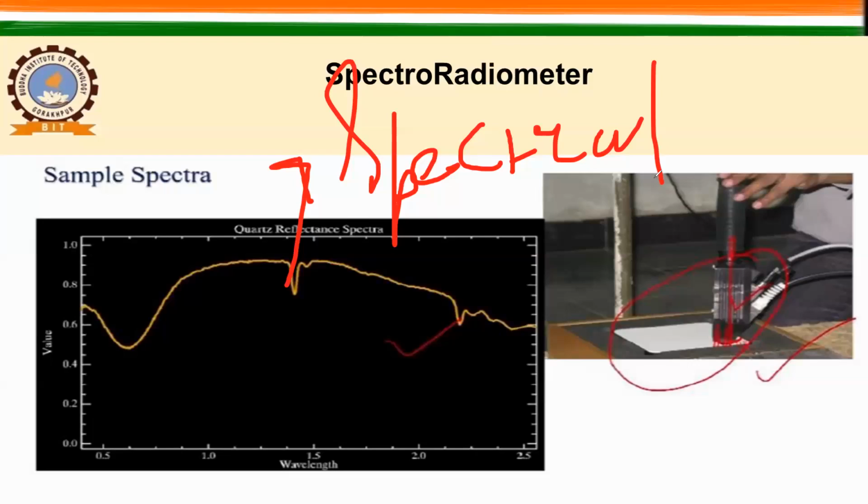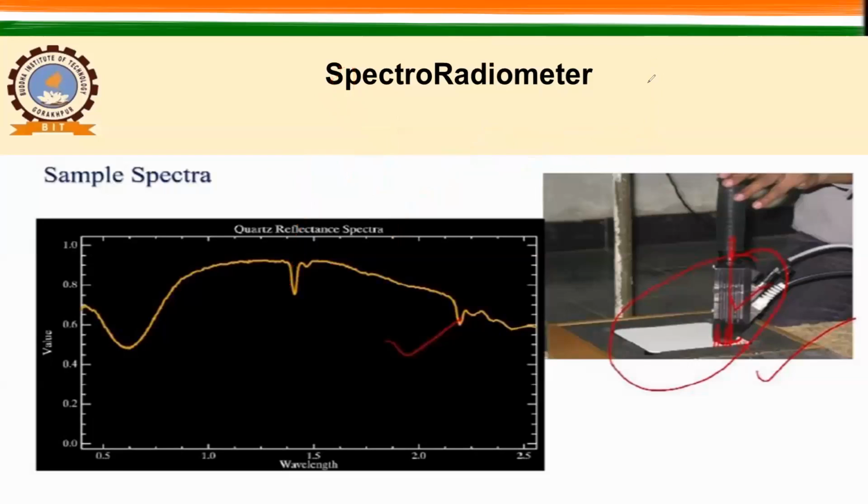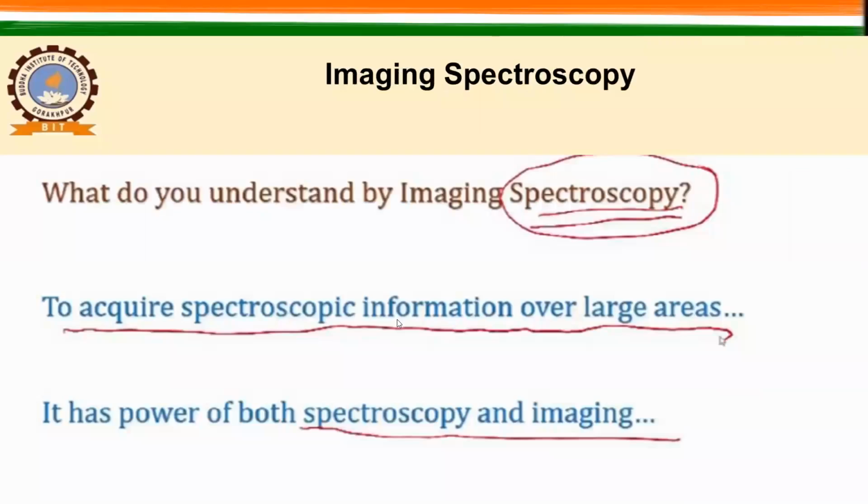So how do we generate hyperspectral remote sensing data? How do we use a spectroradiometer to generate hyperspectral remote sensing data, and how do we analyze those spectral signatures? That is why we are calling them the spectroscopy category, right? But using this spectroradiometer, you cannot produce an image. Okay, so here we have a new term: imaging spectroscopy has been introduced.